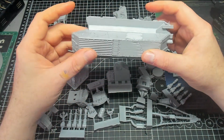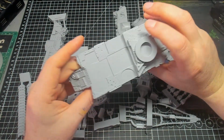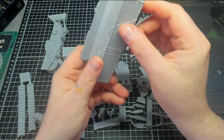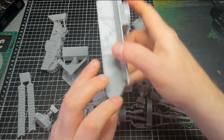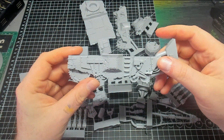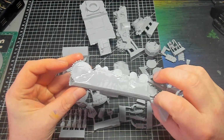It seems pretty straight. It's had its bath and it's just drying up now. And all in all, it doesn't look too bad. I mean, there's not a lot of areas that I think are see-through and whatnot, so it should be okay. That is obviously wishful thinking, but this is not the only Forge World kit I am going to be doing